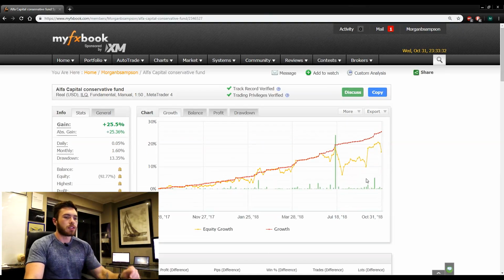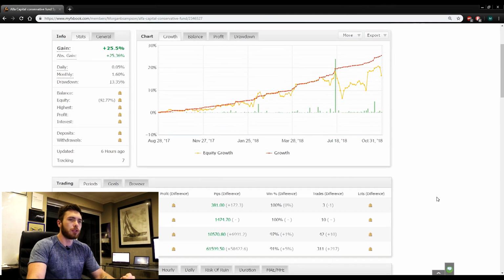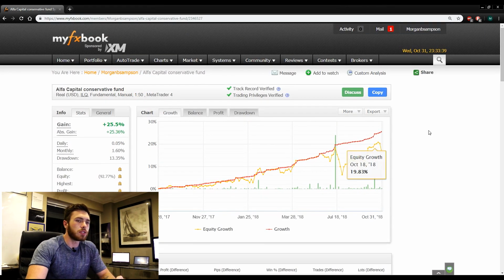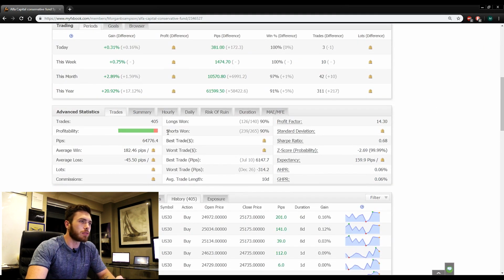Okay, so to anyone who knows this portfolio, you've probably seen this before. The link is going to be down below in the description. As you can see, this is just the last couple days of trading. You can see now for the week, we're up 0.75%, just on 10 trades, 100% win ratio. For the month, we're going to be ending off on a 97% win ratio on 42 trades. So it was a very good month of trading, 2.89%, and that puts us up just under 21% for the year. So that was a really nice profit we were able to make.